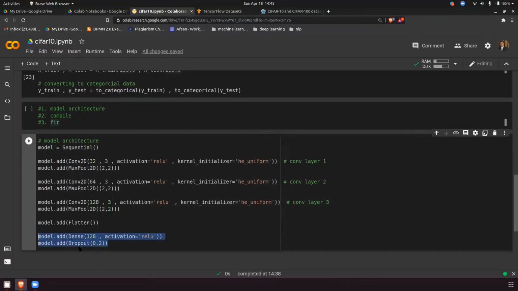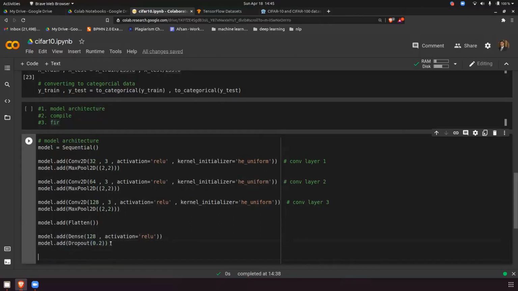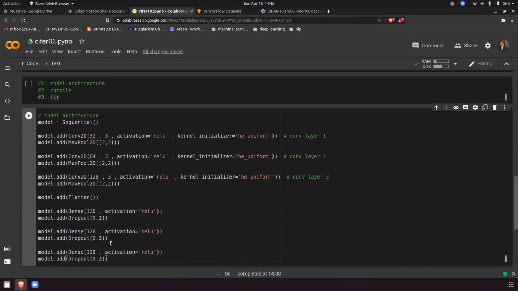Now this is 128, so the next will be divided by 2, for me it's 64, then here it's 32. I can just play with the values here. ReLU, then I will put sigmoid here.